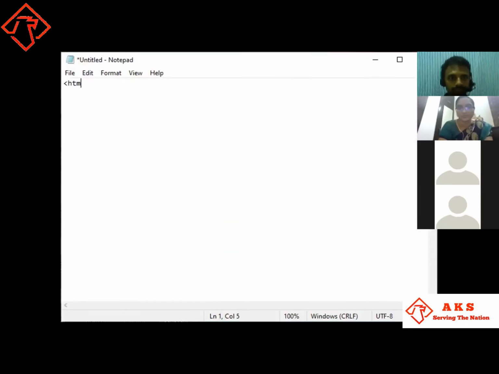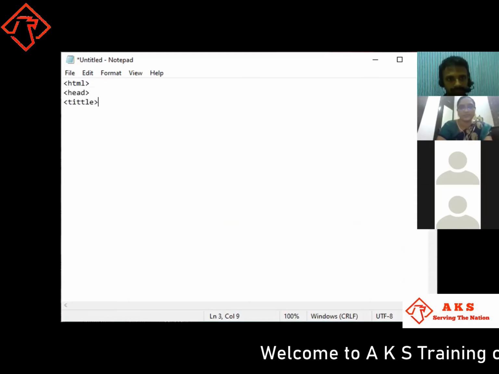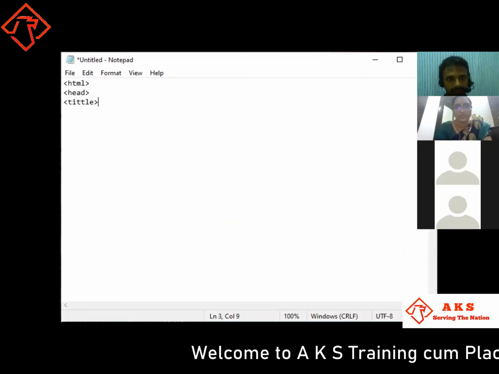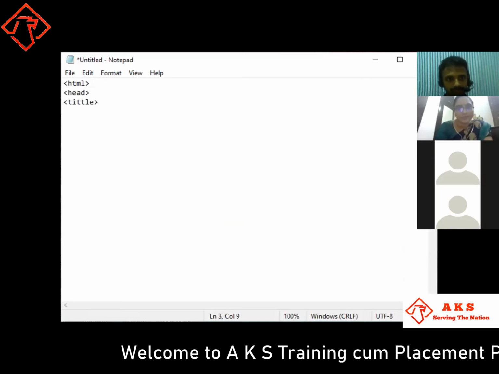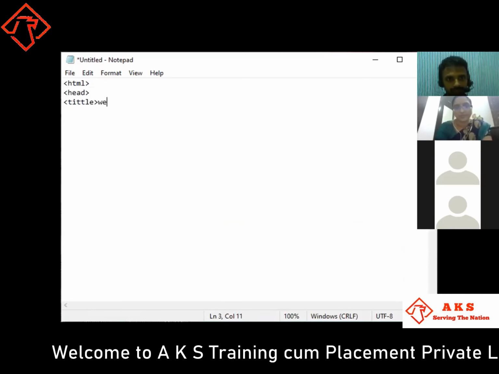This is the HTML. Here we are opening the HTML tag. In that we are writing the head tag. In the head tag we are writing the title, something like Welcome to.